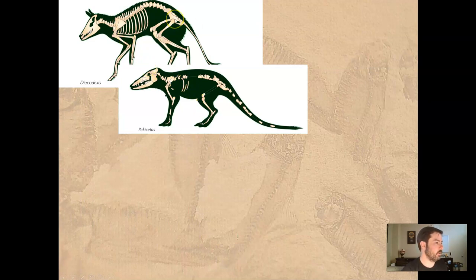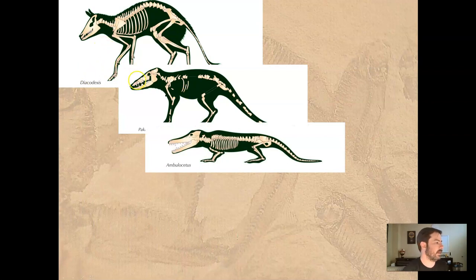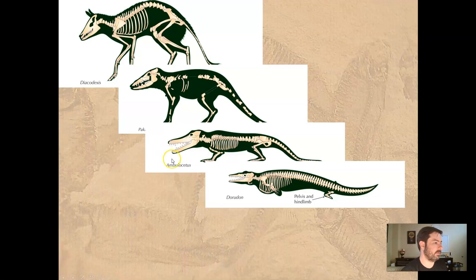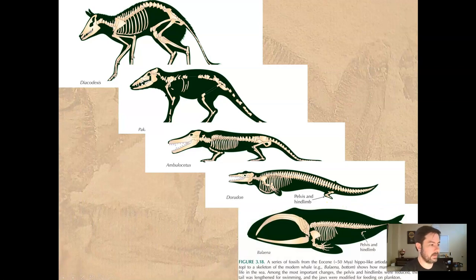And there are some very similar structures within the hip bones and the leg bones and in the spine. And this is how we trace evolution, looking for similar features. Things have changed, but there are also these similar features. And that leads to Ambulocetus. Again, very similar hip structures and bone structures here, somewhat similar faces. Things are changing, though, a little bit. And that eventually led to the Dorodon, and you can see how the legs and the hips are getting smaller and smaller and smaller until we get to our modern day whale,